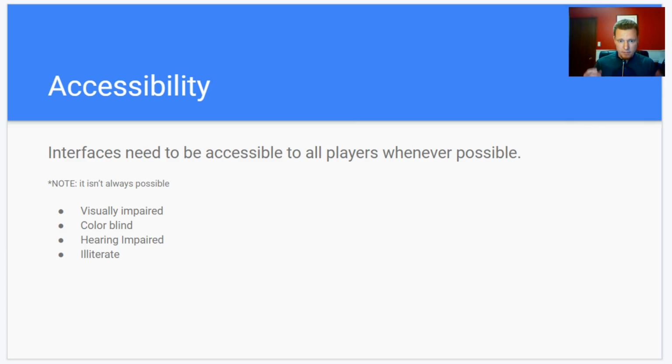Definitely have light colors for text and dark colors for the background, or vice versa. That's the easiest way to go for colorblindness, is very high contrast, no matter what the color choice is. If you have high contrast between the text and the background behind the text, you're going to be all right there. For visually impaired players, don't put really fine print in there. Okay, make sure your text is average sized or so,